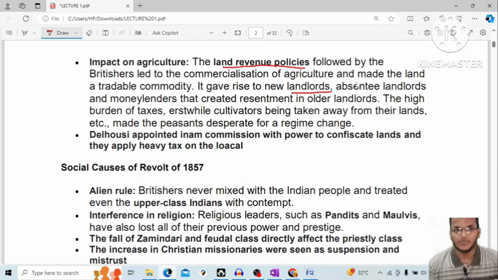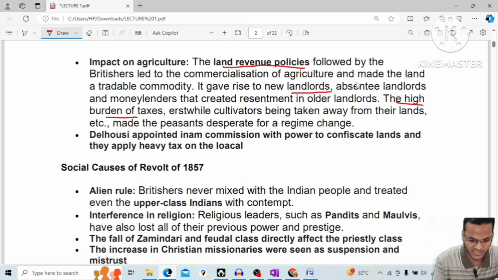यहाँ पे न्यू लैंडलॉर्ड्स, इस जो लैंड रेवेन्यू पॉलिसी से बहुत सारे लैंडलॉर्ड्स जो अच्छे ज़मींदार थे उन्होंने अपना ज़मीन खो बैठे, and when they lost their properties, so there are many peasants, जो पीजेंट्स उन पर डिपेंडेंट थे, वो भी उन ज़मींदार से, उनकी इकोनॉमिक कंडीशंस भी धीरे धीरे डाउन होने लगा। और टैक्स तो था ही, high burden of tax destroy the cultivators।